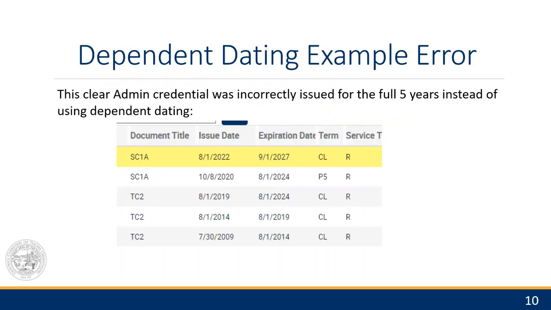Okay, so here we go. This is a clear admin credential that was incorrectly issued for the full 5 years instead of using dependent dating. So this is an example of it got submitted with the expiration date incorrect, and then maybe somebody on our end made the mistake too. Maybe it slipped through both of our fingers, and maybe we were in a hurry, we granted it, and you can see the expiration date of September 1st,